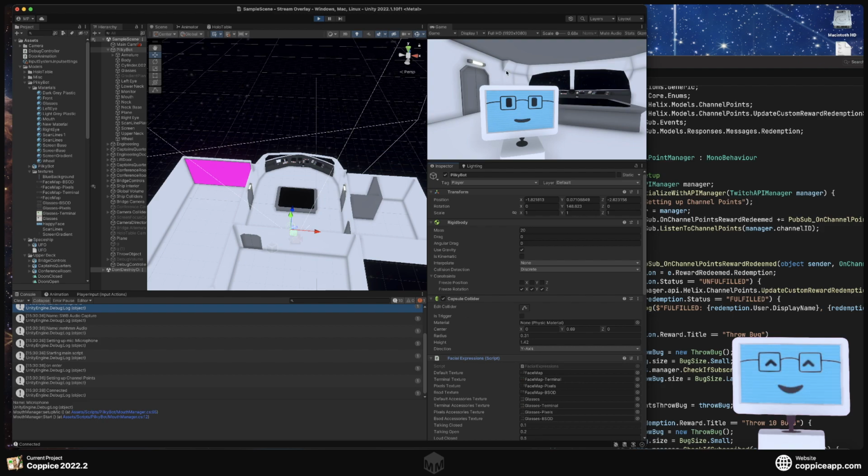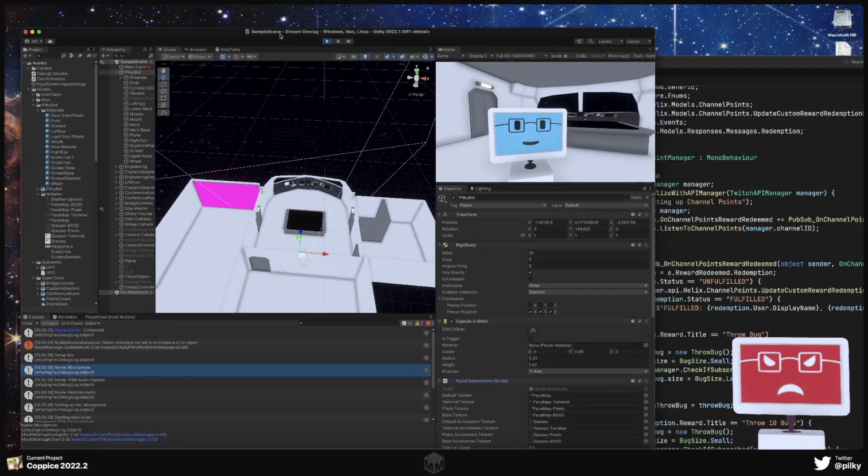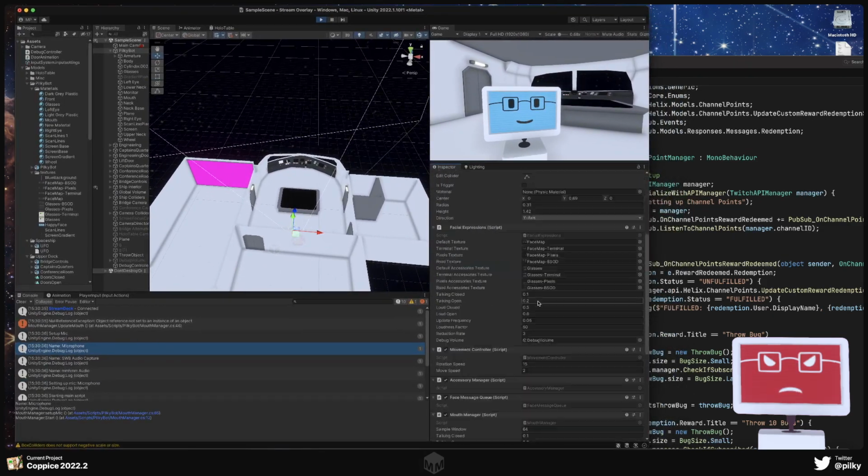Can I change expressions? No, so the expressions aren't working, but the mouth is, the blinking is. What about changing theme? Well, let's try some debug stuff. Let's try mic level. Okay, so the mic level's working. That's good. The themes are working. The only thing that isn't working is responding to